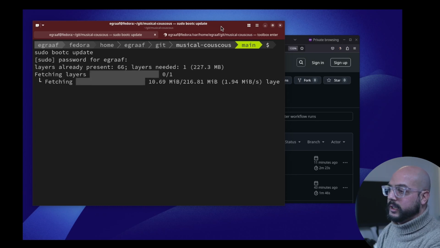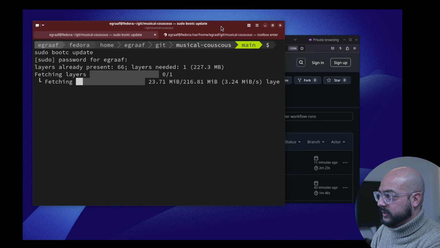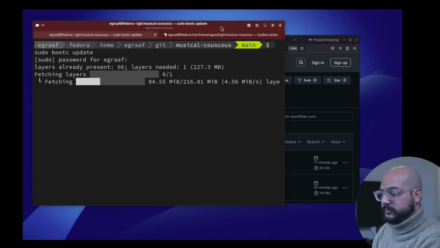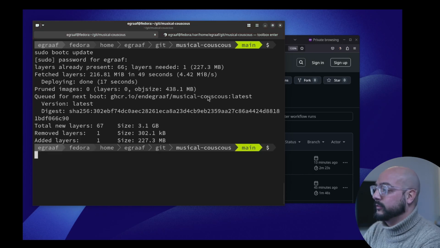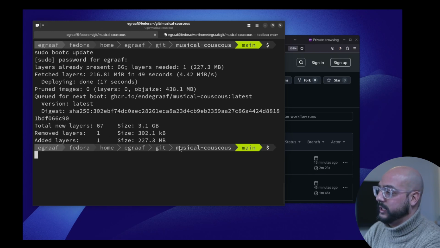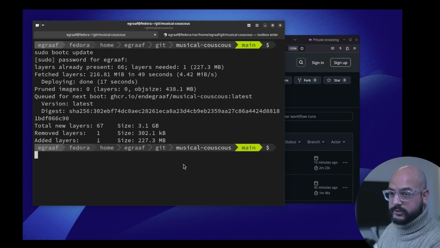You see one layer is needed, and it makes sense because in the same layer I added a new piece of software, and then I just need to update that one. This is done. You can see everything that has been done. One layer removed, one added. The size was this, and now it's this. And just as normal,